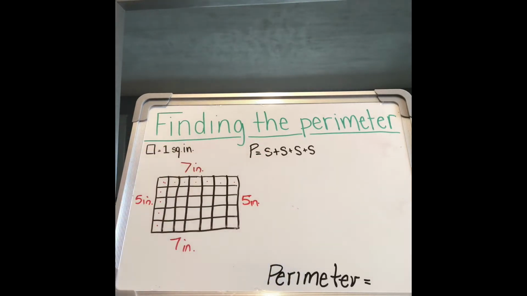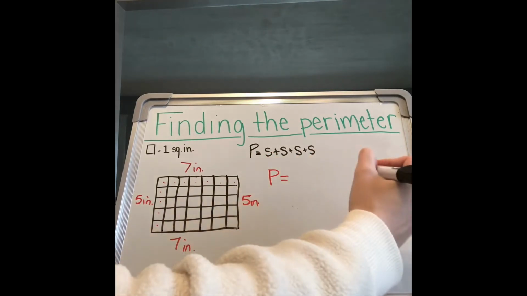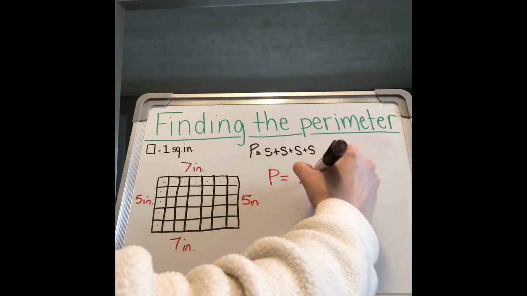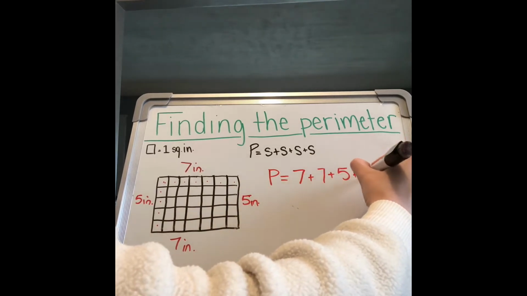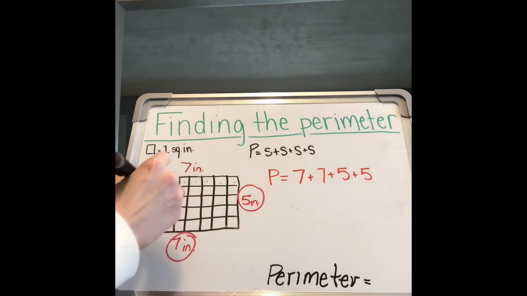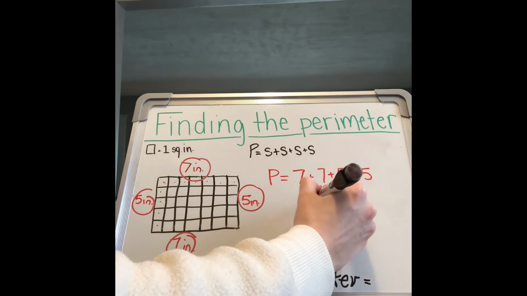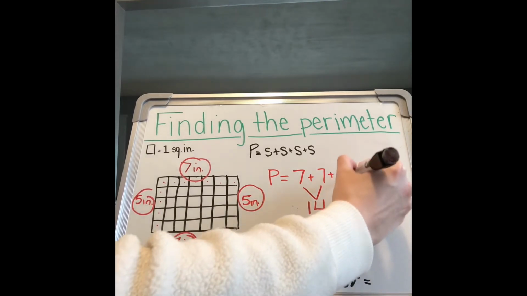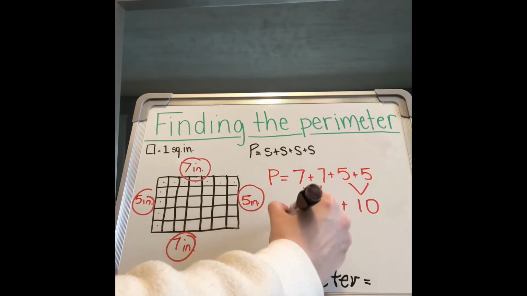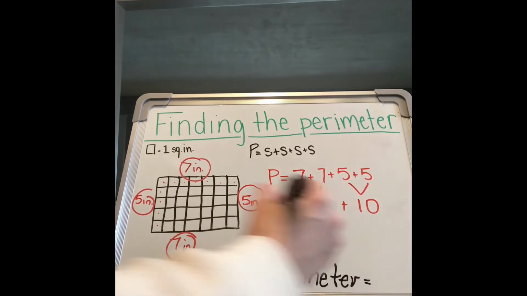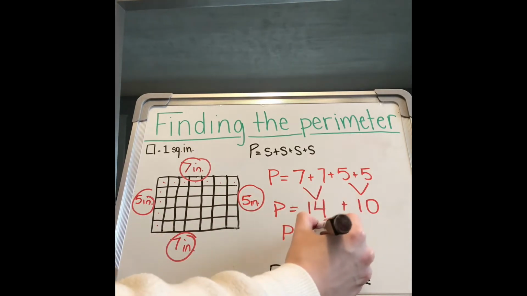If we look at the perimeter formula, we can do perimeter equals 7 plus 7 plus 5 plus 5. We have all 4 numbers in our equation. 7 plus 7 we know is 14, plus 5, that's easy, 10. So perimeter equals 14 plus 10. Let's try some mental math and do 14 plus 10. That's 24